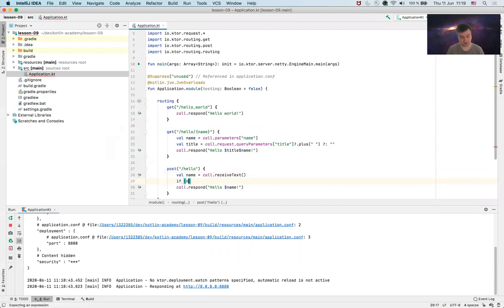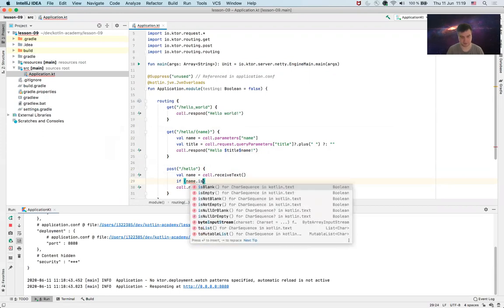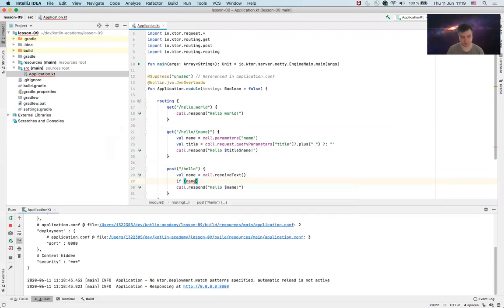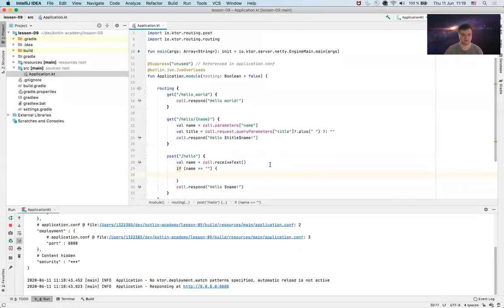If name either is empty, but I prefer to be more specific and saying if name is empty string, then do something else. Well, what should we do? I would say that the client used our endpoint incorrectly. So I would respond